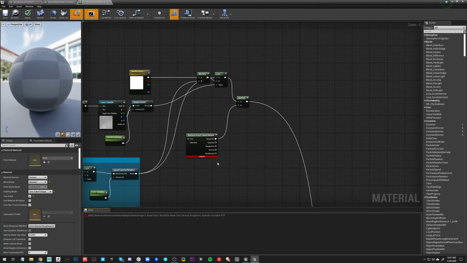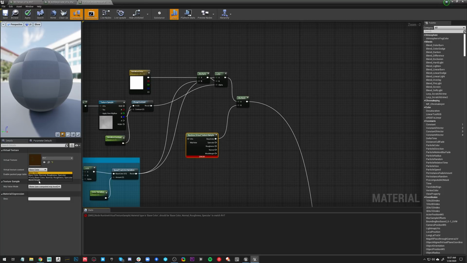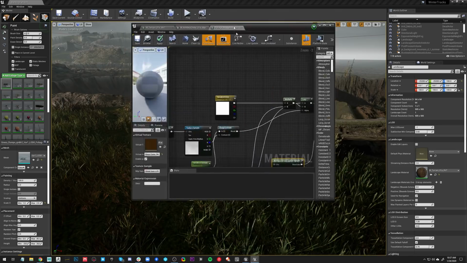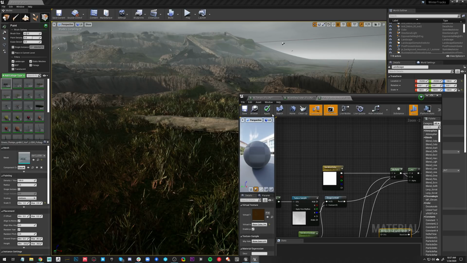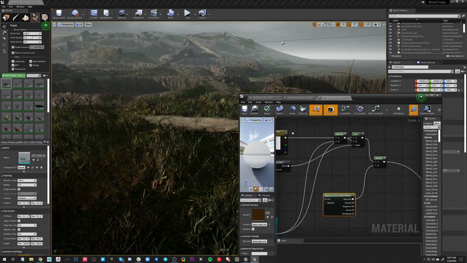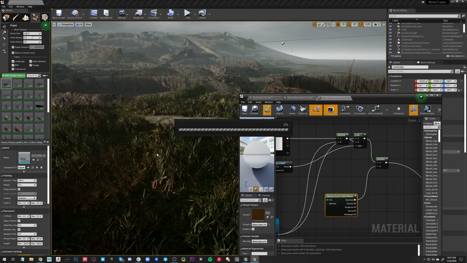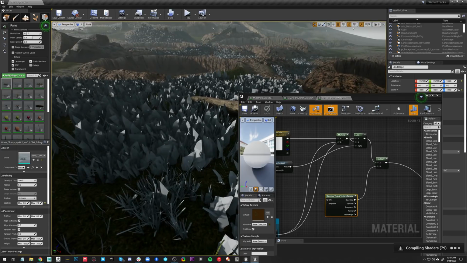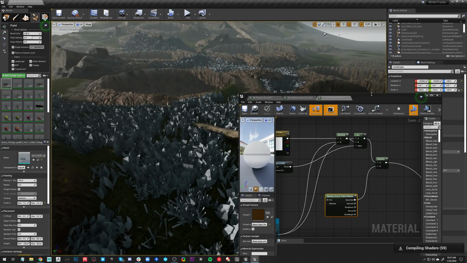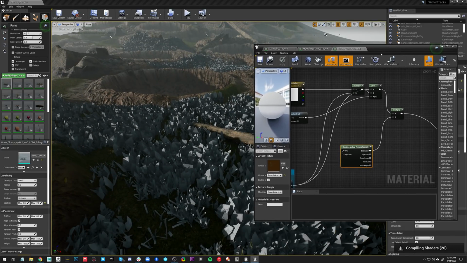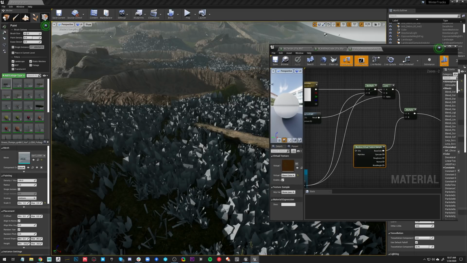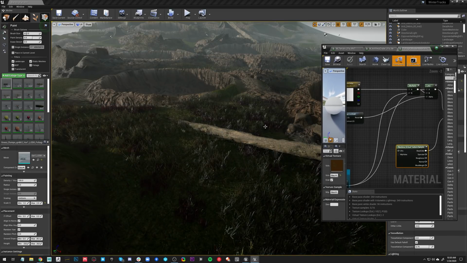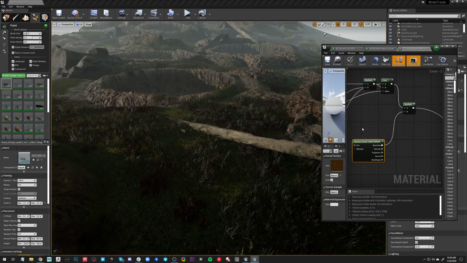So with the grass and with the terrain, you're not sampling individual landscape layer weights. If you're painting your different layers, you don't have access to that data. It is just capturing a picture of your color and normals and things like that. So that's what you have to work with. If you have your sample, you don't need to copy any setups. You just have that one sample, and then you plug it into your object materials, and you're good to go.